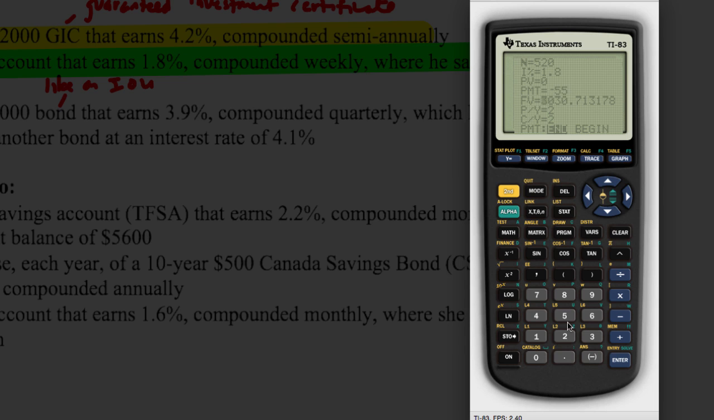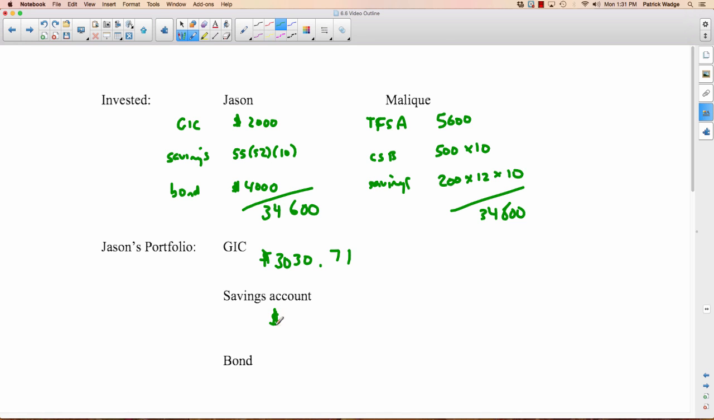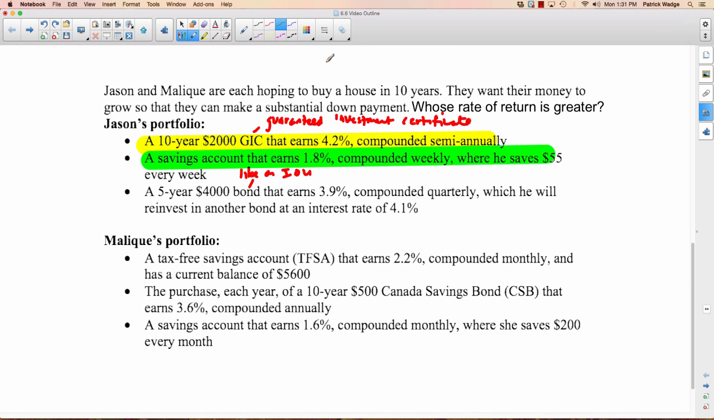The future value we don't know. I'll just put a 0 there, and it's compounded weekly, so it's going to be 52 and 52, back up to future value, and if we do that, we get $31,329.72. And finally we have to do the bond, and this is worst of all, because